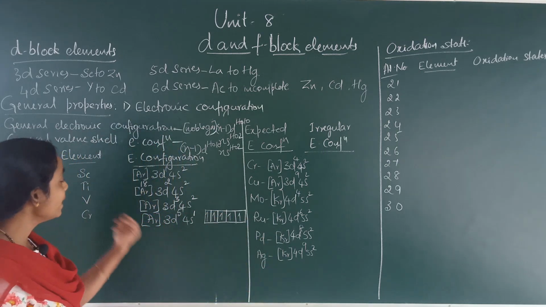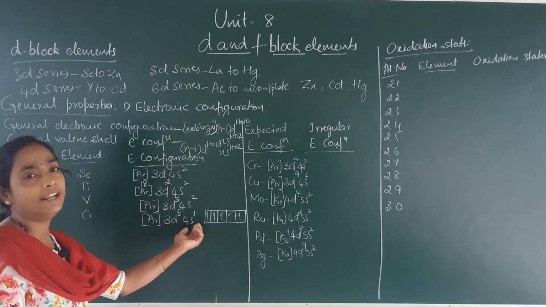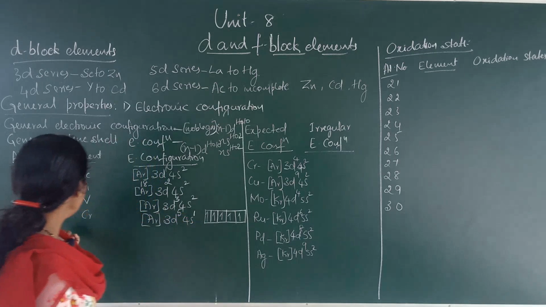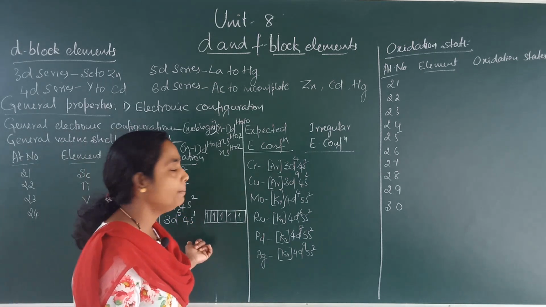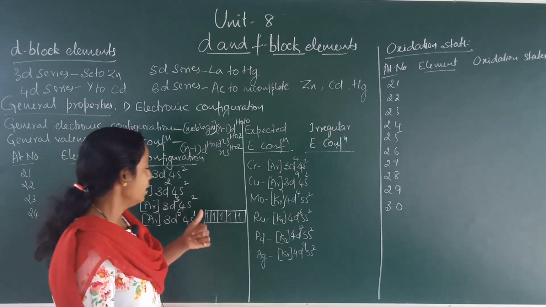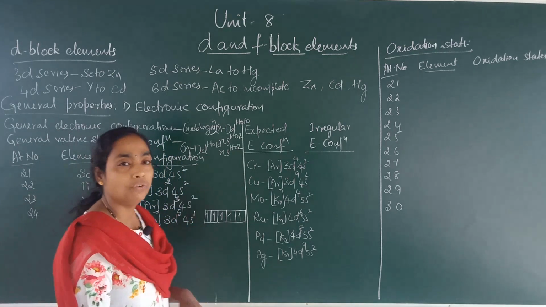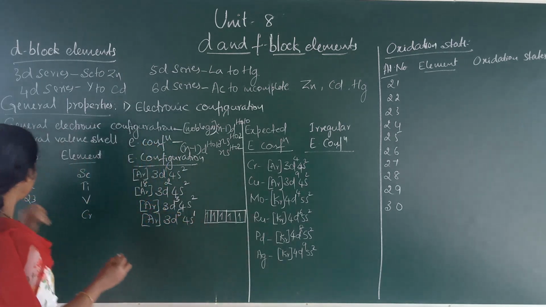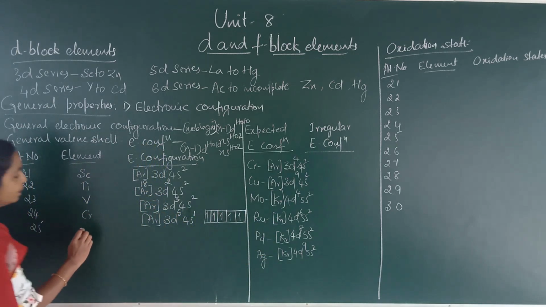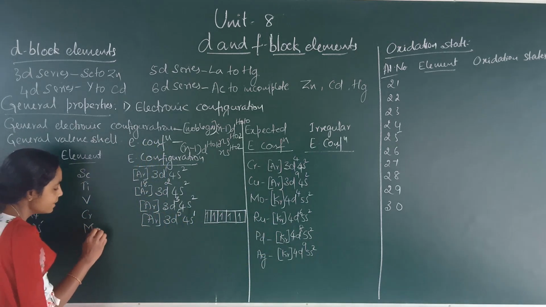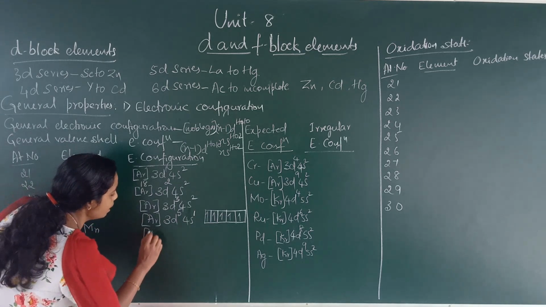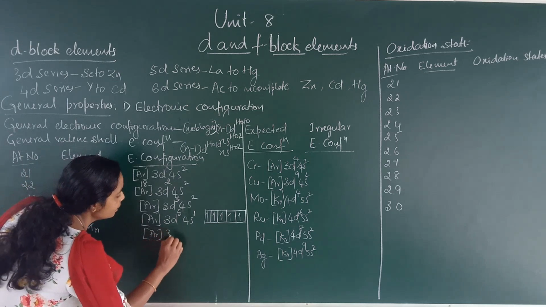Therefore, in order to get stability, one of the 4s electrons is shifted to the 3d orbital, and the electronic configuration of chromium becomes argon 3d5 4s1 instead of argon 3d4 4s2. The next element is manganese. The symbol of manganese is Mn and the electronic configuration is argon 3d5